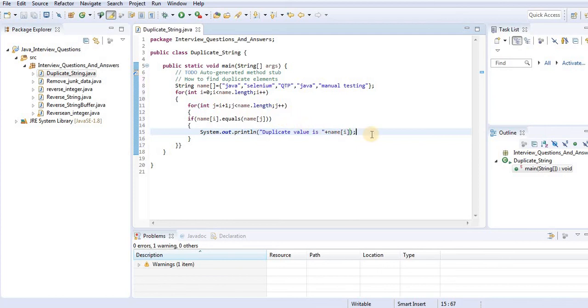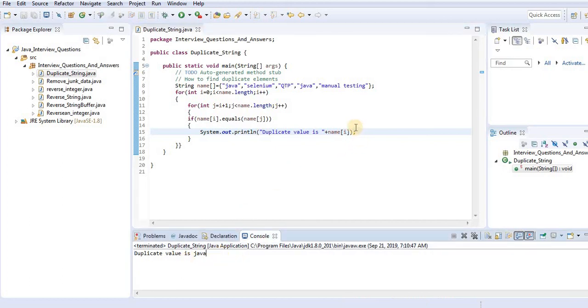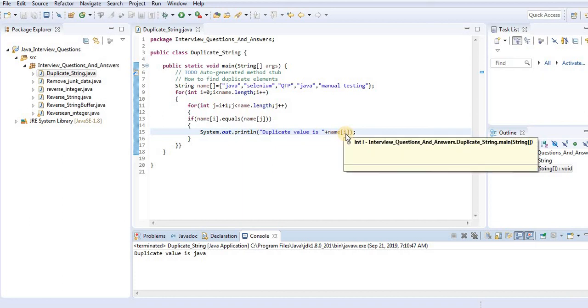Now save this and execute it, to see whether we are getting the exact result or not. Let me check what the result will be. The duplicate value is Java. Fine, now we got the result that the duplicate value is Java.